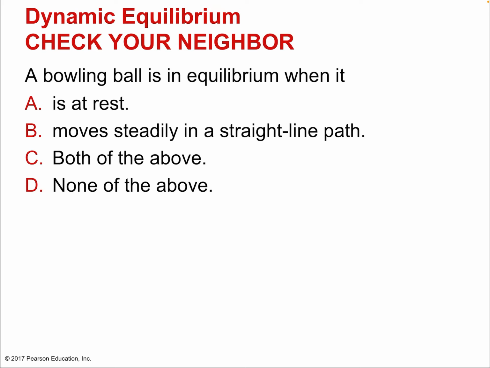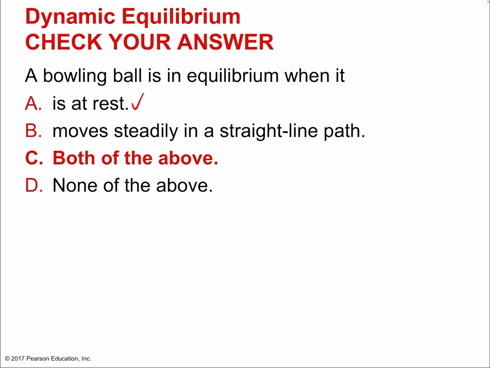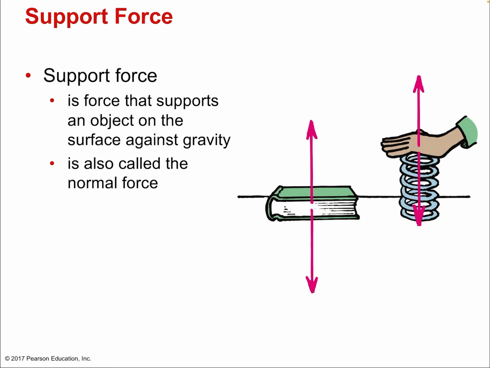All right, well, hopefully you recognize it's both, because we've talked about objects being at rest and dynamic equilibrium, and that's the cases. Straight line path, constant speed, that's dynamic equilibrium, okay? At rest, we would call this stable equilibrium or at rest equilibrium. Okay? All right. Back to specifics about forces.